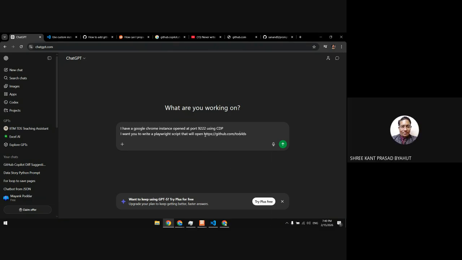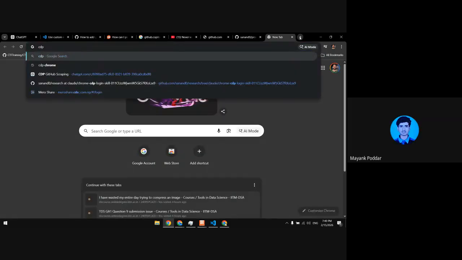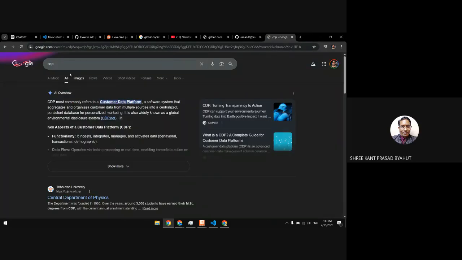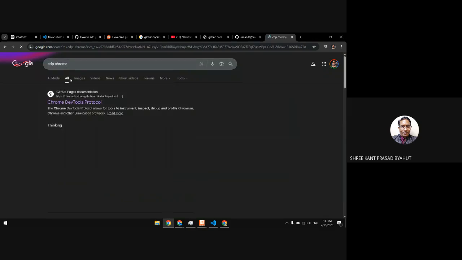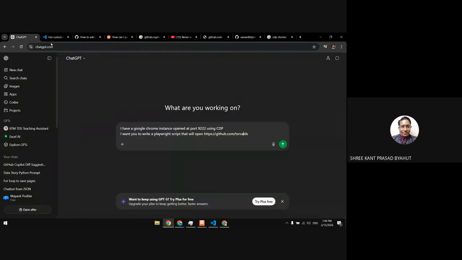What does CDP stand for? It's Chrome DevTools protocol. Okay. So it's basically like an API. You can use Python or any code to interact with Chrome directly. I want you to write a Playwright script that will open github.com/torvalds and